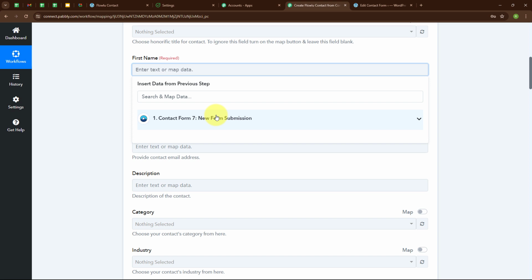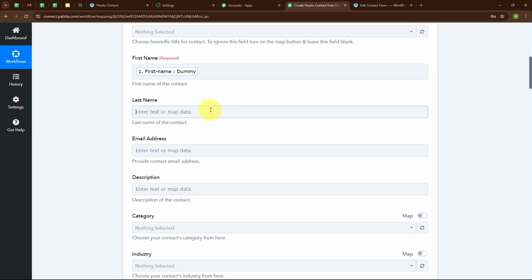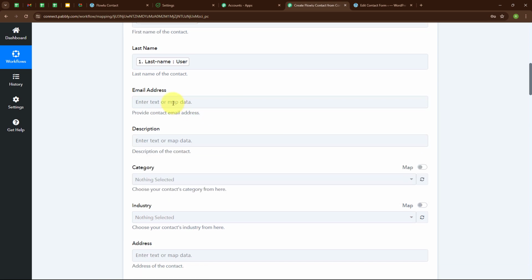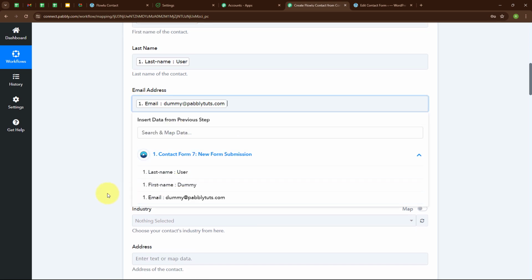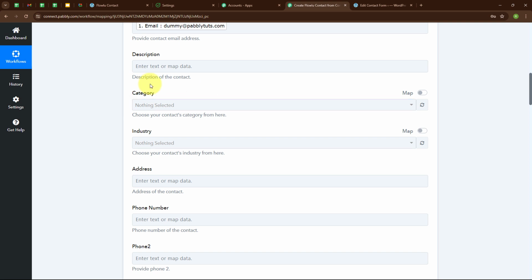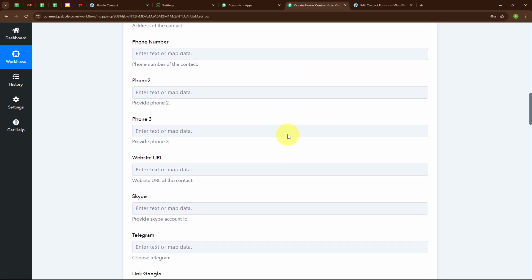So for the first name, I'm going to map the first name. Here I'm going to map the last name. And lastly, here I'm going to map the email address. Moving forward. And now you can see it is asking for description, category, industry, address, phone number, phone 2,